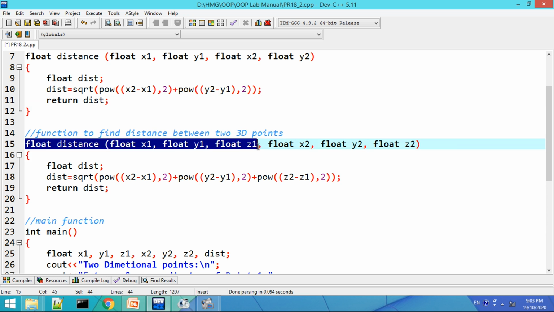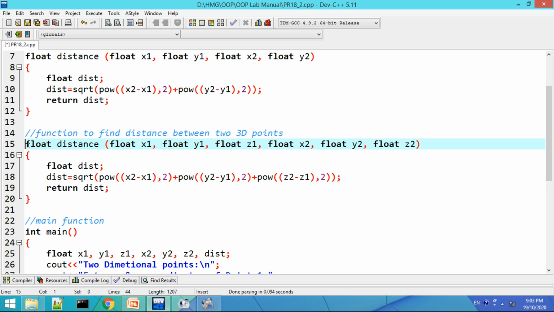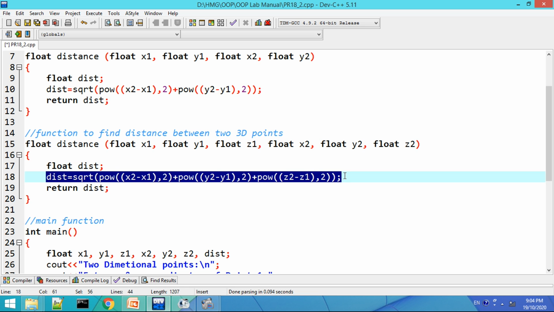Now here I am going to define the second function to find the distance between two 3D points. 3D points means there are three coordinates x1, y1, z1 of point 1 and x2, y2 and z2 of point 2, and this distance function is going to find the distance and return it. That's why the return type is float. Here I will require one local variable dist, that is the distance which is the return value of this particular function. And now let us implement the formula that I have shown to you for how to find the distance between two 3D